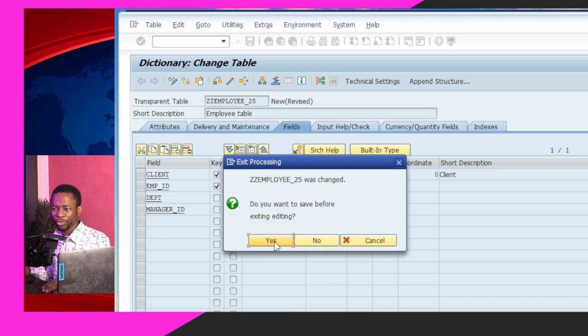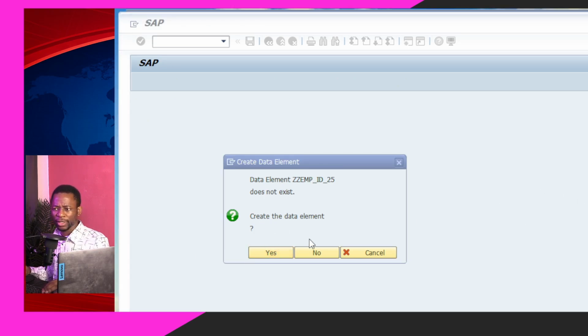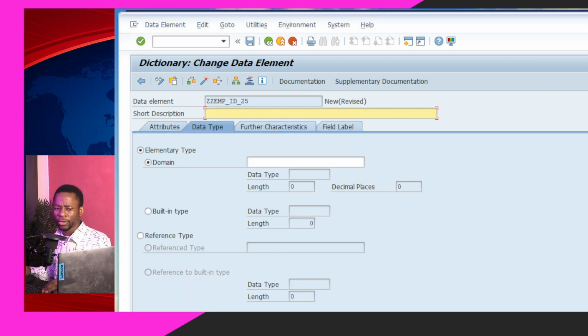So do you want to save before exiting? Yes. So the data element does not exist. So let us create the data element by clicking on yes. Right now, what will be the short description for this? We can say employee ID, and